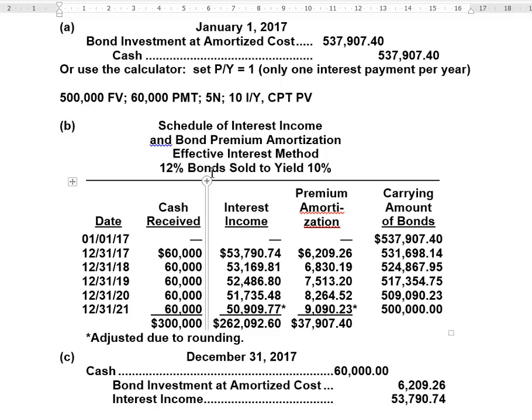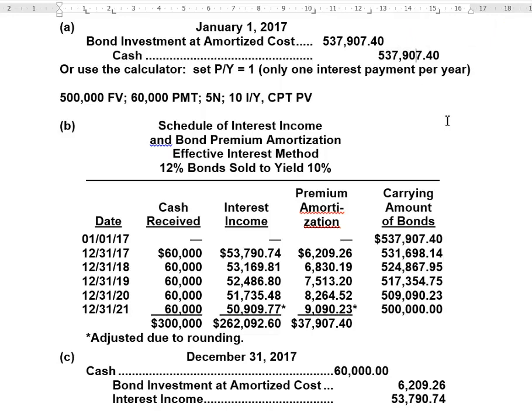And again, in order to get your PMT, you need to use the 12% here, which is the coupon rate. We use the yield or the market rate for the interest income, but for the cash received, we use the coupon, which is 12%. So 500,000 face value times 12% means we're getting 60,000 as a payment every year. We're going to set our term of the bond, or the number of interest payments received throughout the term of the bond, as 5. Our yield is 10, and we do a compute PV, and we will get